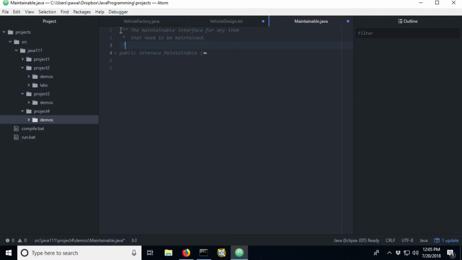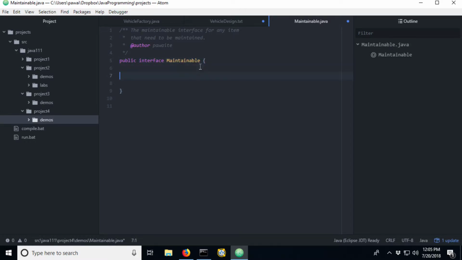So that's kind of general, but it'll work for now. Author name. So in terms of JavaDoc or documentation on an interface, it's going to look just like it does on our classes. And I just realized I have a typo here, interface. That looks a little bit better.